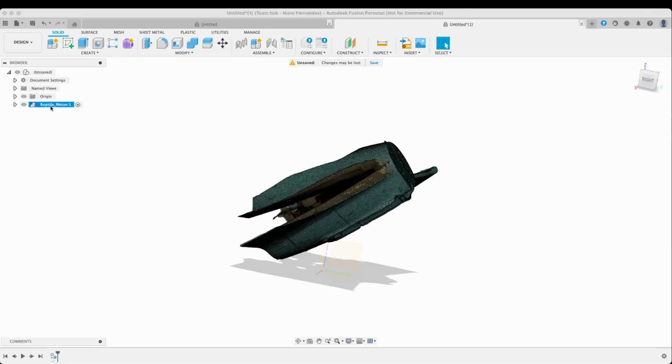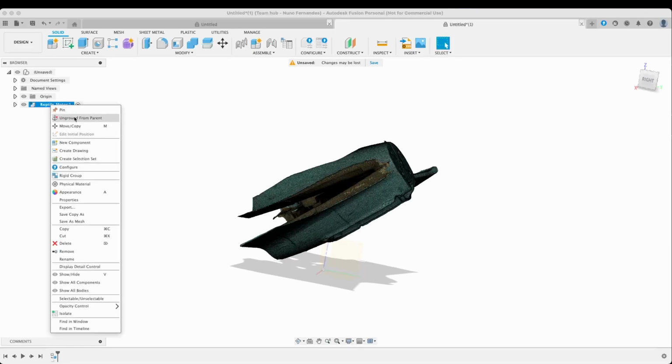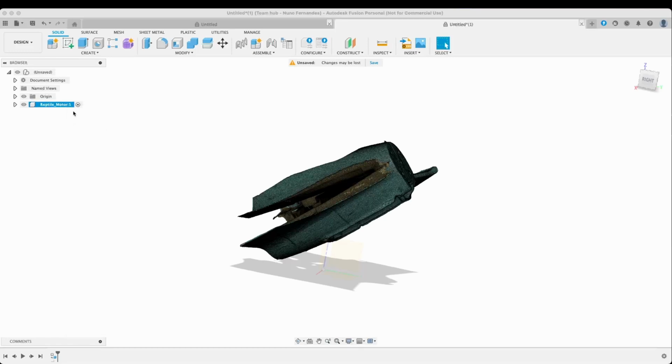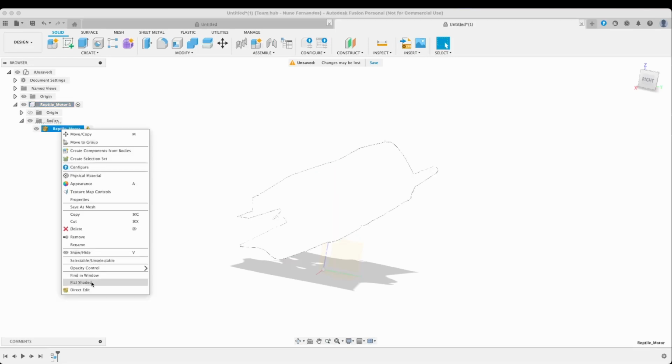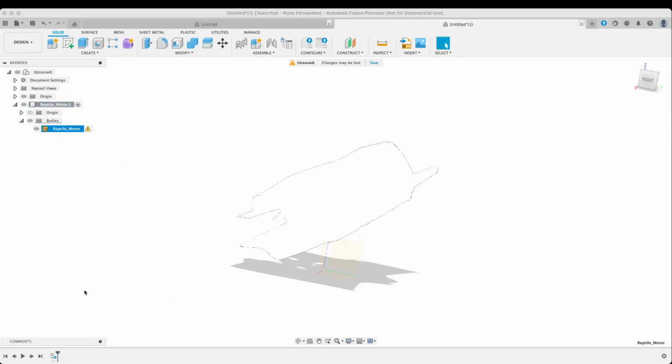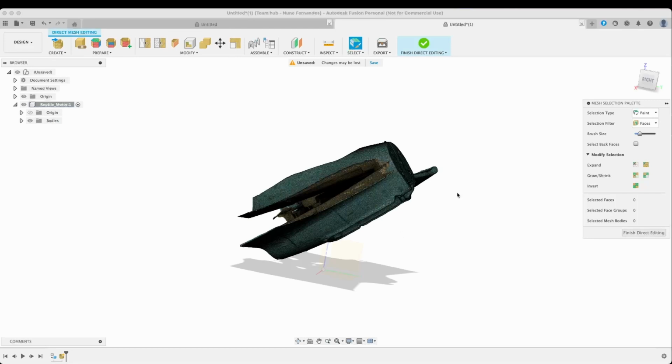Now we unground this component from the main component, the main tree root. We are going to select it, and then select the body and direct edit. Okay, now that we are in direct edit,